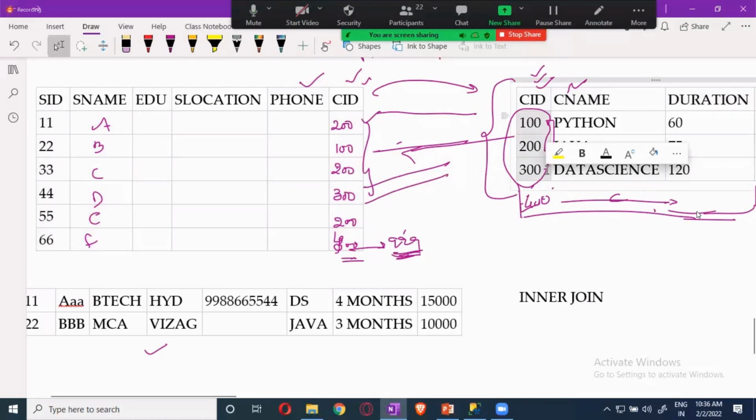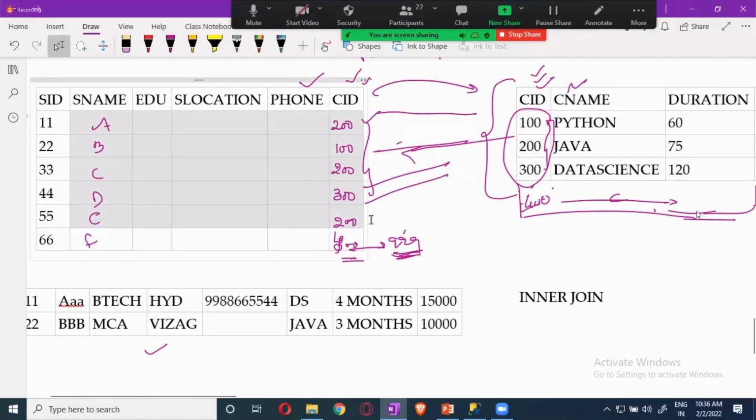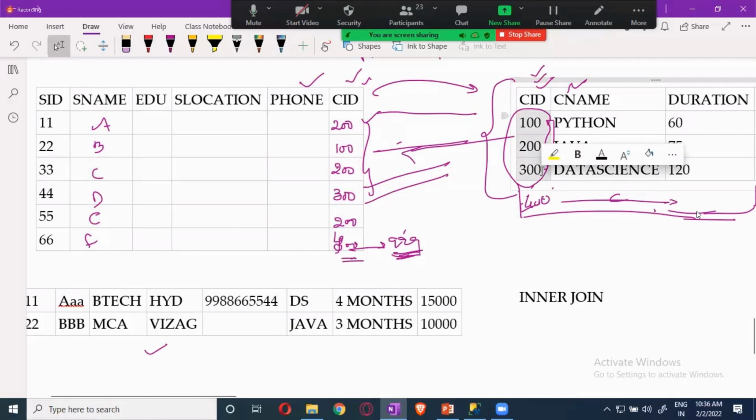It will give the combined details of both. It will give 5 rows of data, because those students are registered with the courses in the course table. So in the combination, it will give all the student details of students registered with existing courses only.